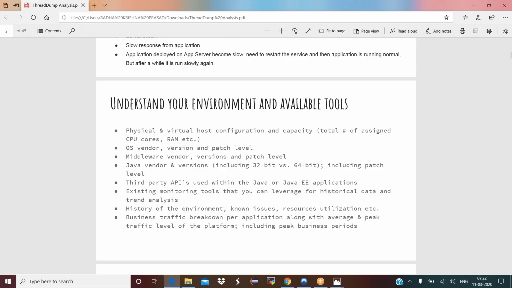I'll show you everything in real time. I'll show you how to take a thread dump, how to analyze it, and how to read the thread dump. Don't worry about that. I'll clearly tell you. That is the reason I have shared this